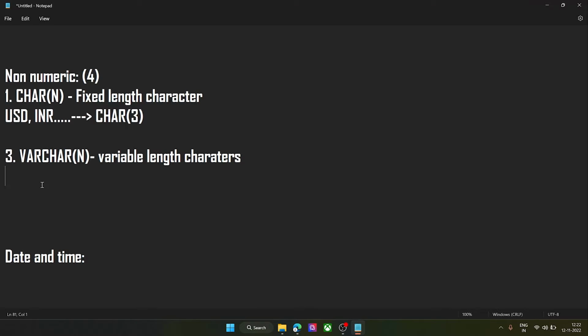For example, one person can have a name of 6 or 7 letters. Another person can have a name of 4 letters. Another person can have a name of 5 letters. So on the whole you can put